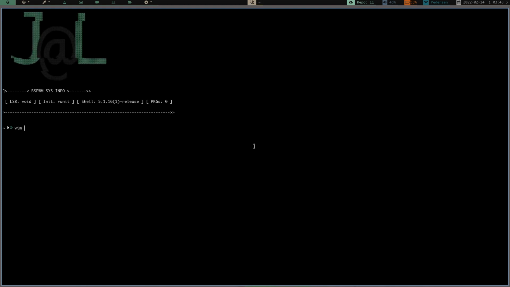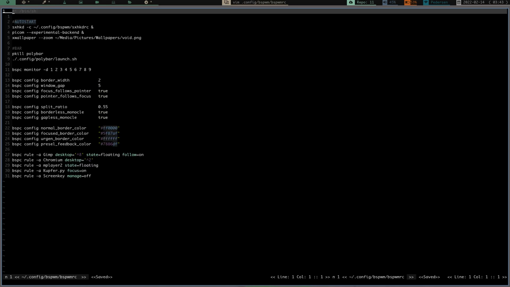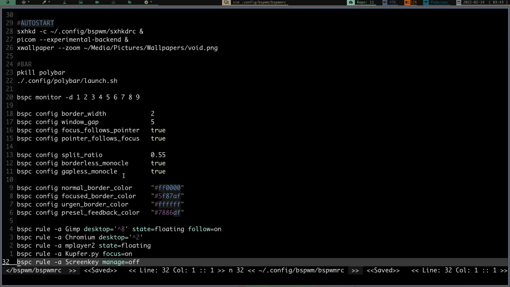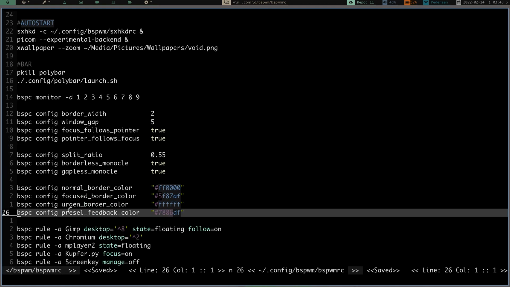So let's go back in there, let's vim into there, BSPWM RC, zoom in, sorry about that. So this right here, this bspc config pre-sel feedback color, you can change right here. Now, can you do transparency on it? I don't know. Let's go ahead and take a look here, and with transparency, we could do,